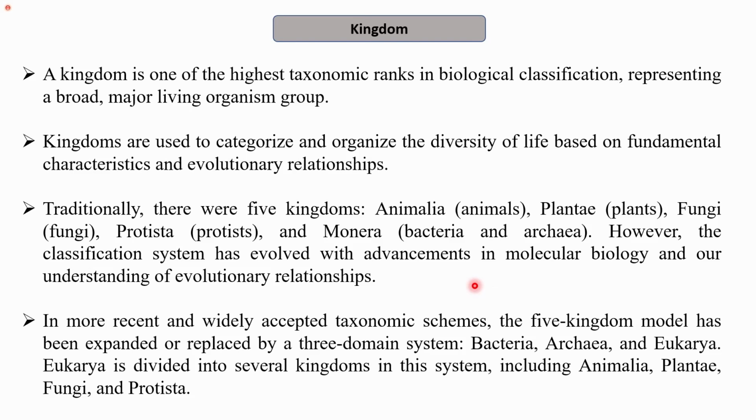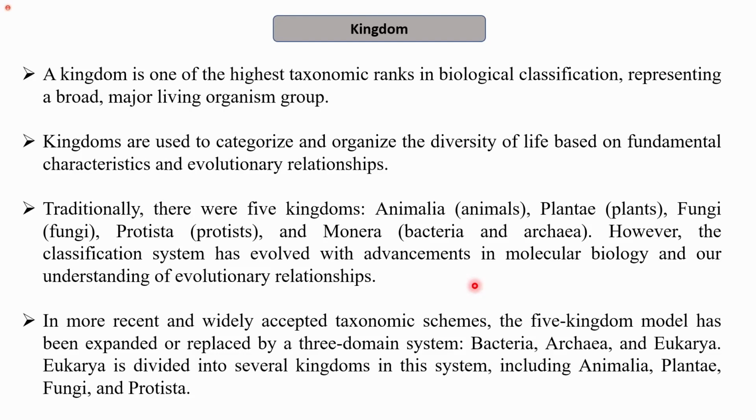where we learn about the diversity of the living world. Traditionally, there was a five kingdom classification system, which is Animalia, that includes animals, Plantae, that includes plants, and Monera, which includes bacteria and archaebacteria. However, now the classification system has evolved,